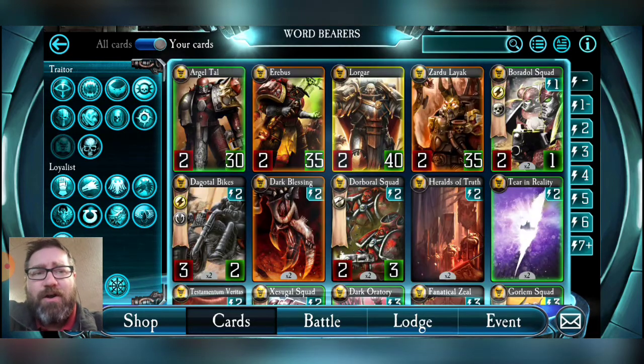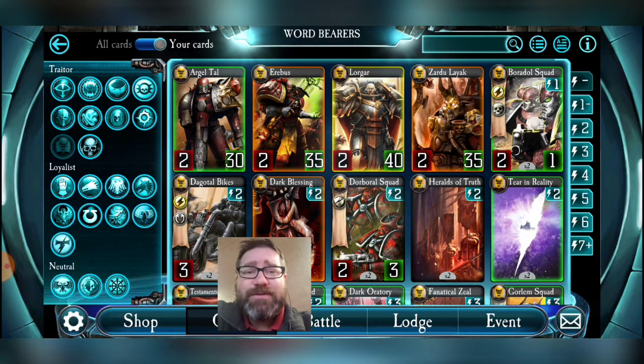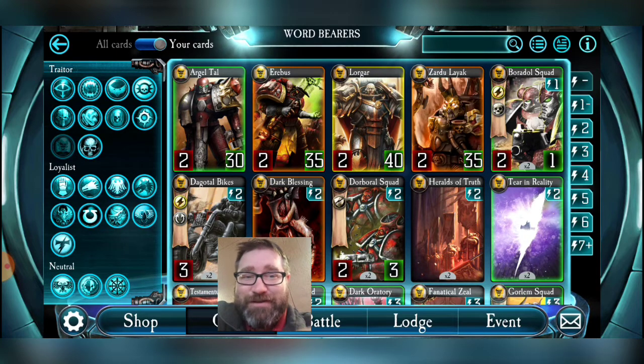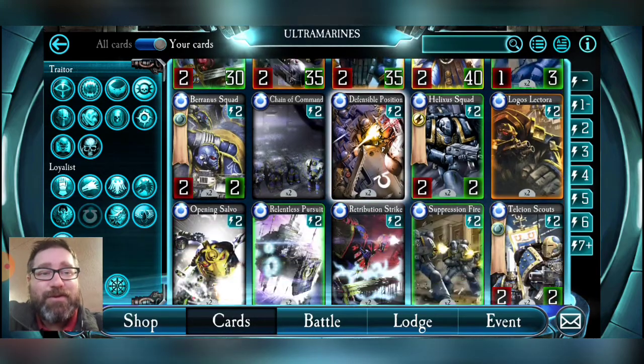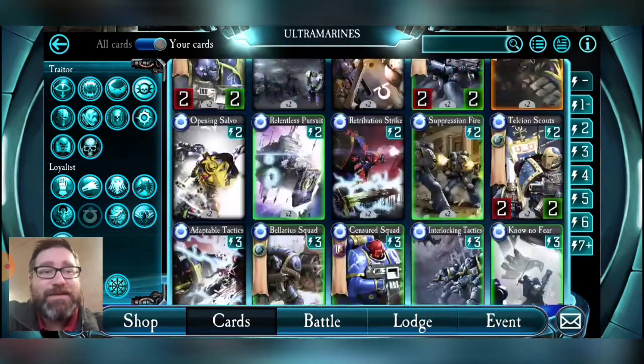Word Bearers are definitely not a budget-friendly deck. Neither is the Ruinstorm faction. I would also say that Iron Hands and Salamanders are not budget-friendly, nor are Raven Guard, Space Wolves, Custodes. The Ultramarines, I think you could definitely make a budget Ultramarine deck very easily, either with